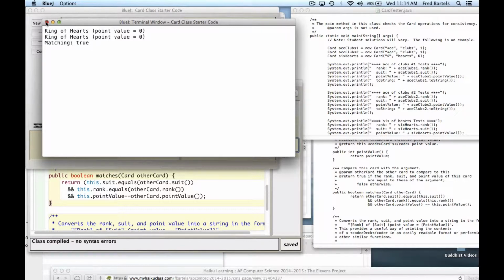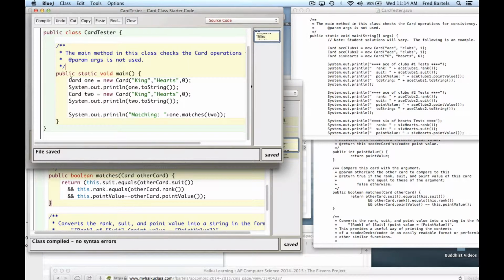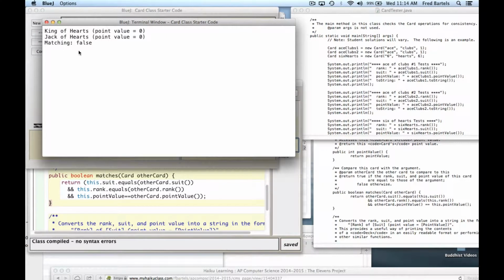They're the same cards. So you should, in Card Tester, make a total of 3 cards, and test them like this, the 2 that are matching, and also test 2 that are different, and that should return false. So I'll say here, Jack of hearts, and now if we compile that and run that, matching is false, right? Because although they're both hearts, one is a king, one is a jack. Okay,